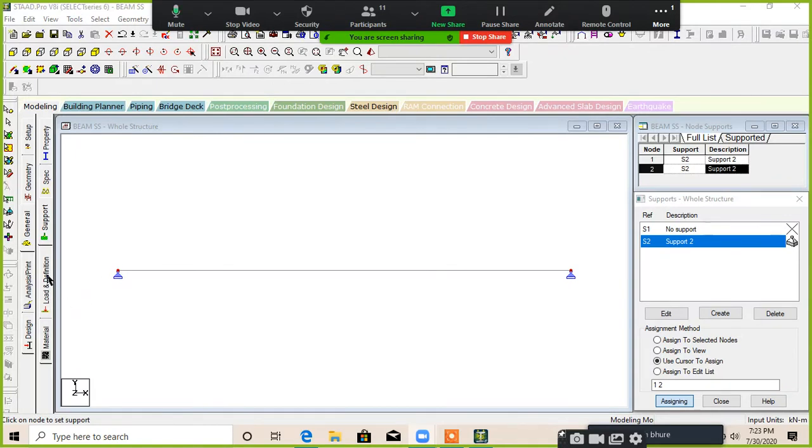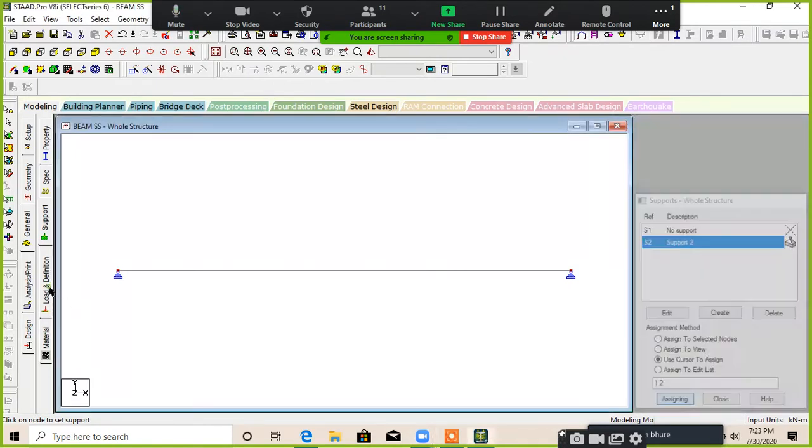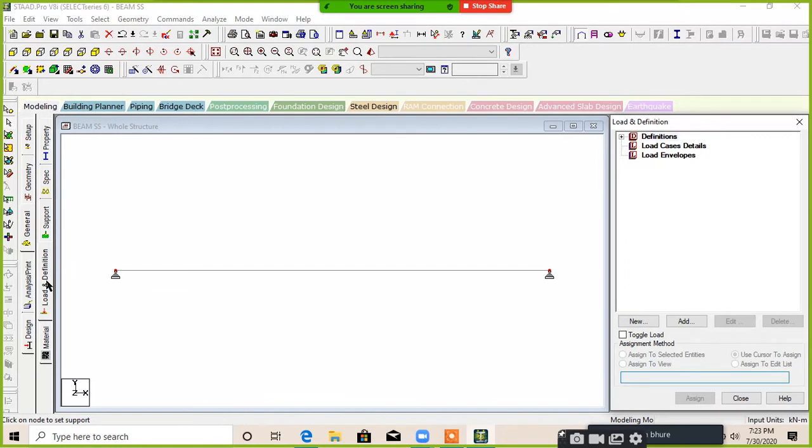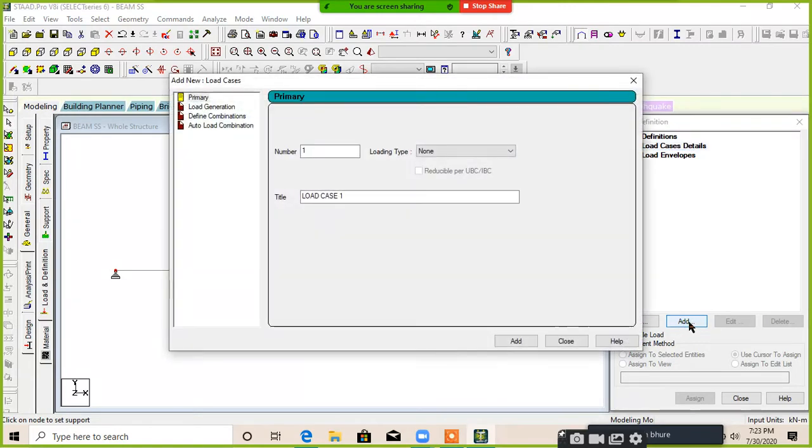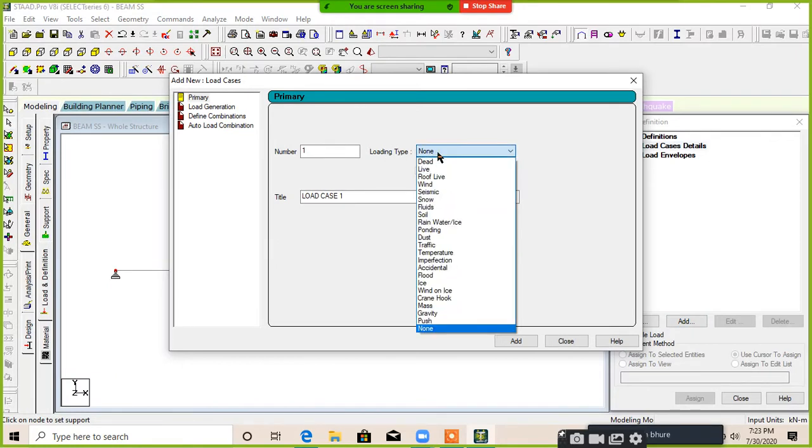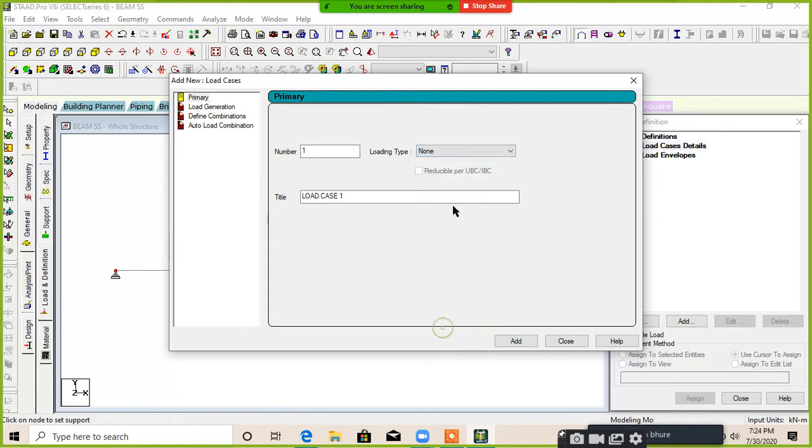Now go to the load and definition tab. Click on load and definition and then go to the load case details. In load case details, click on the add button. A new dialog box will open again. You have to take a loading type from this. I am just taking none.